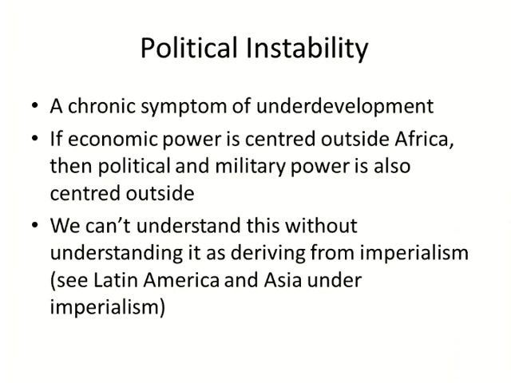Another characteristic of underdevelopment, or a chronic symptom, is political instability. If economic power is centered outside Africa, then political and military power is also centered outside. We can't understand this phenomenon without understanding it as deriving from imperialism. We tend to look at this political instability often like it's just a characteristic of Africans. But actually it happens because there are some powers outside who constantly interfere and encourage the instability,